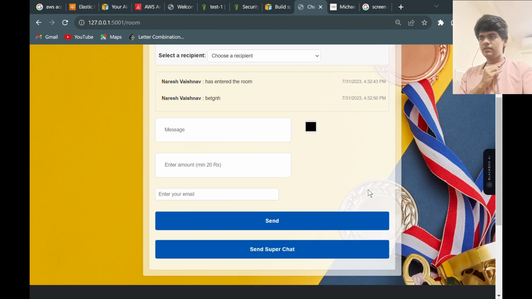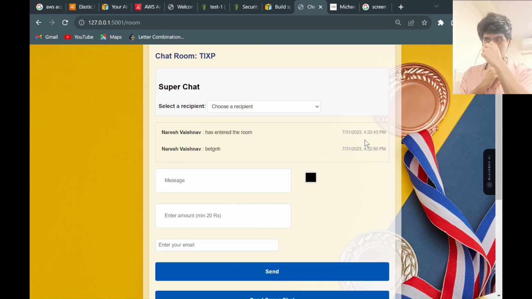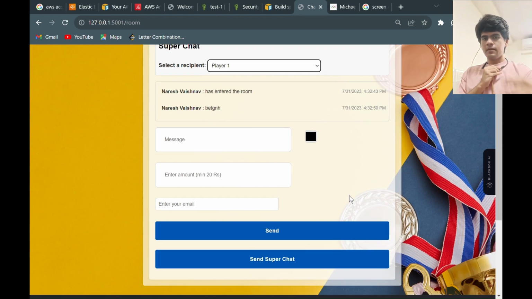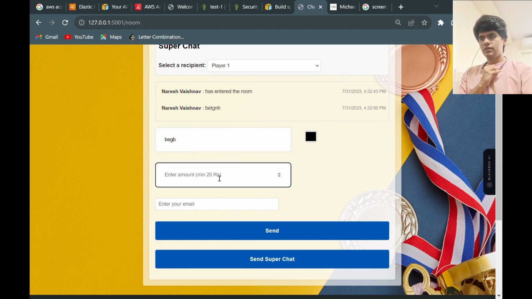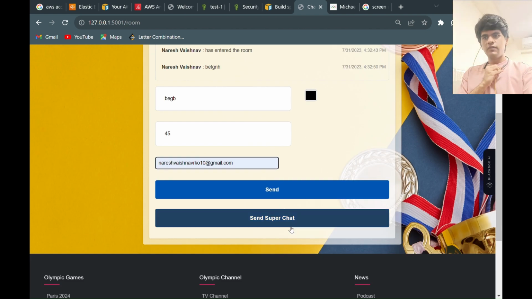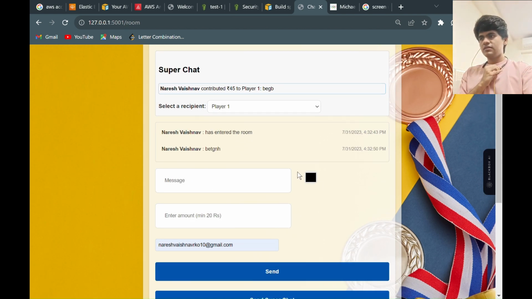This feature also offers a social impact for our Indian athletes. As you all know, there is a very poor condition that our Indian athletes face. There are many financial difficulties that they face. So our initiative is that when users enter the chat, they can also give a super chat, and that super chat amount will go directly to the Indian athletes' bank account. So they will get financial support not only from the country but from the people of the country also. That's a unique feature that we have added.